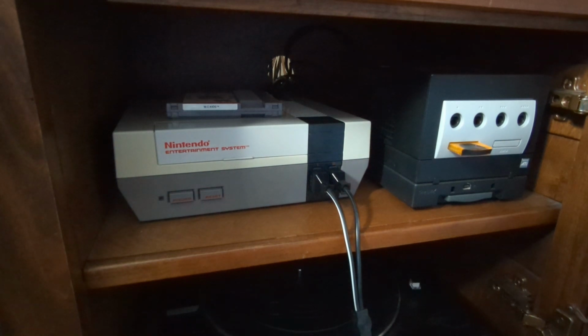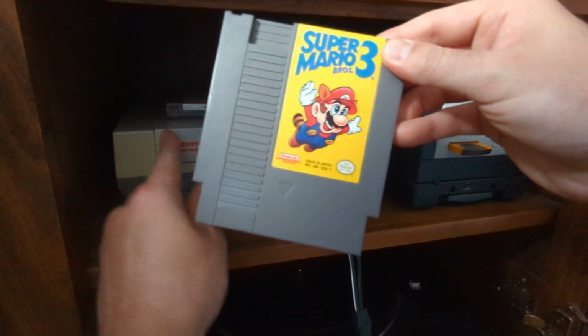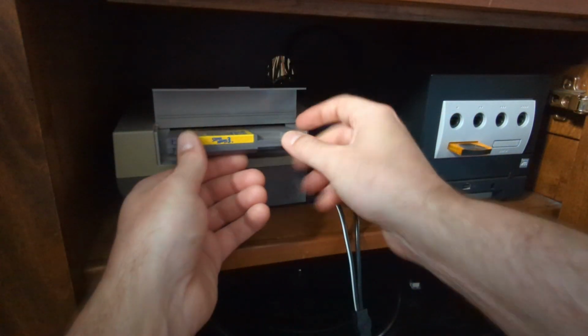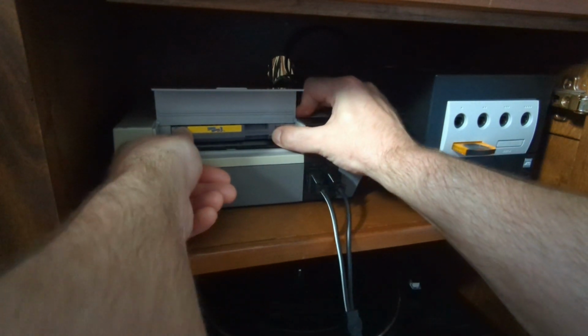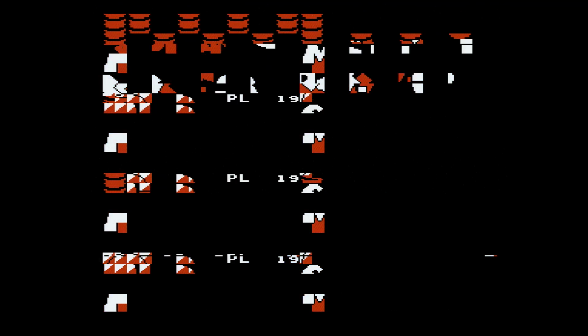Hey, what's up, Internet? It's Paisley Computer here, and I just want to show off my Super Mario 3, the original cartridge from my childhood, one of my all-time favorite games. I'll carefully insert it into a very special Nintendo of mine, and we'll kick it off here, and...